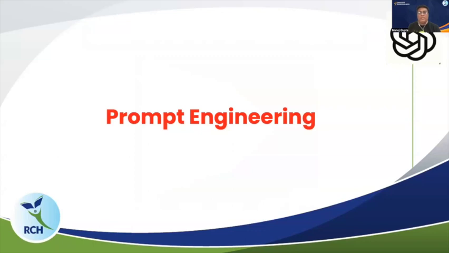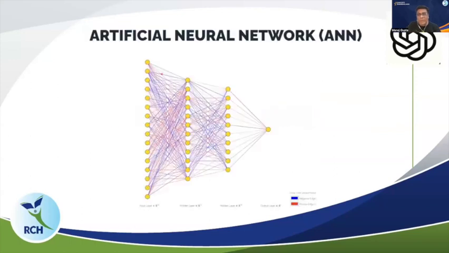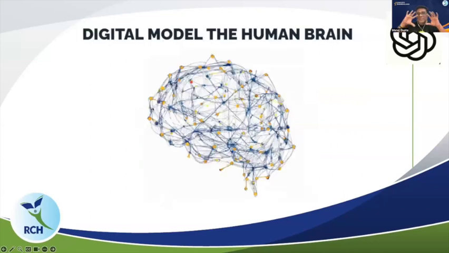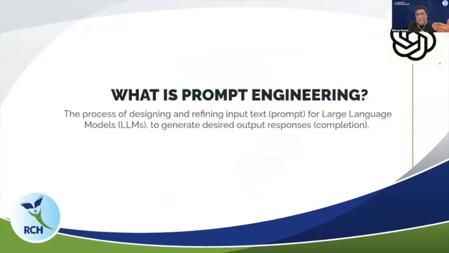All right. Now let's understand what prompt engineering is, and then we'll take examples of prompt engineering and do the hands-on. So prompt engineering, as you understand, is the process of designing and refining the input. अभी जो हम लोग ने न्यूरल नेटवर्क के बारे में बताया ना, ये जो फर्स्ट लेयर है, this is your input layer. ओके, और यही चीज है ह्यूमन ब्रेन के साथ. This is how the digital model of the human brain has been done in this format called ANN, and from here prompt engineering has evolved.